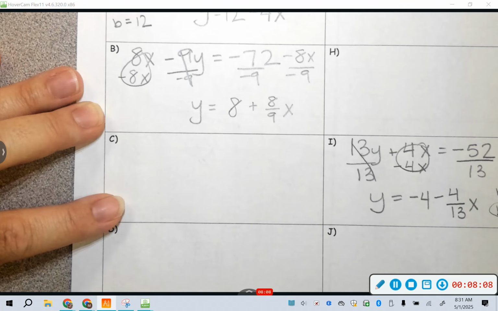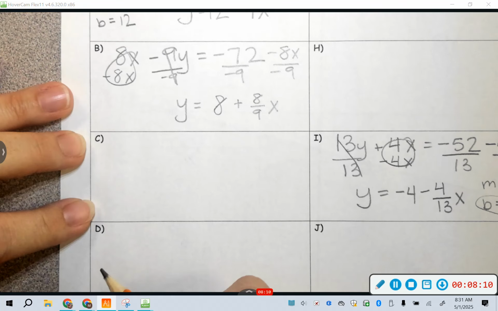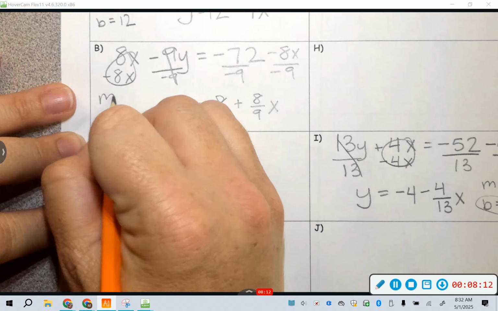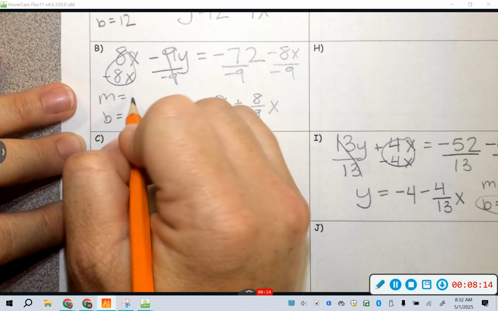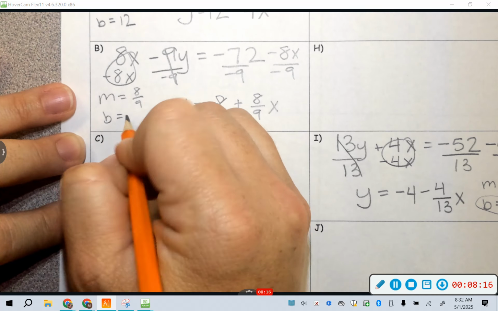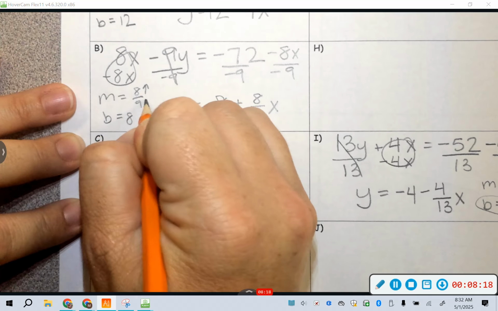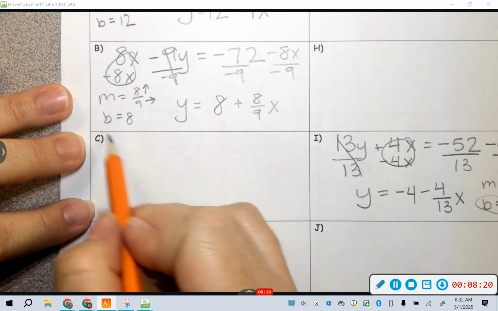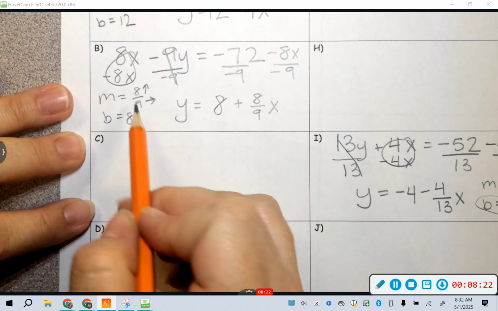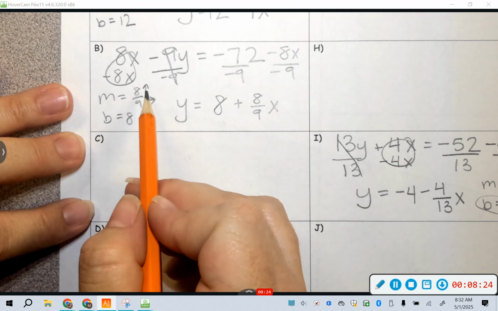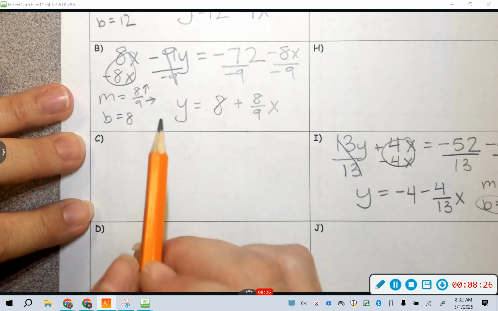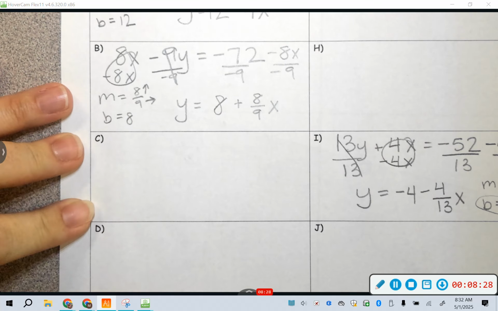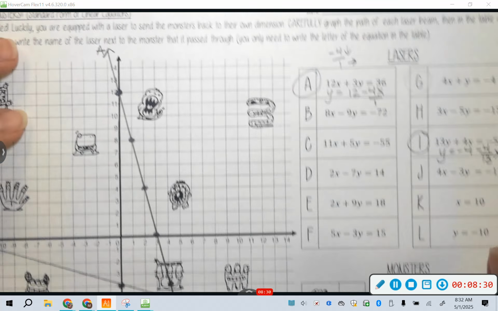Okay, so go ahead and check your work on the board. Okay, so my B is 8 because that's a number by itself. And my M, my slope is 8 over 9, and it's positive. So we're going to go up 8, right 9. Yes? Okay, so when you flip it,